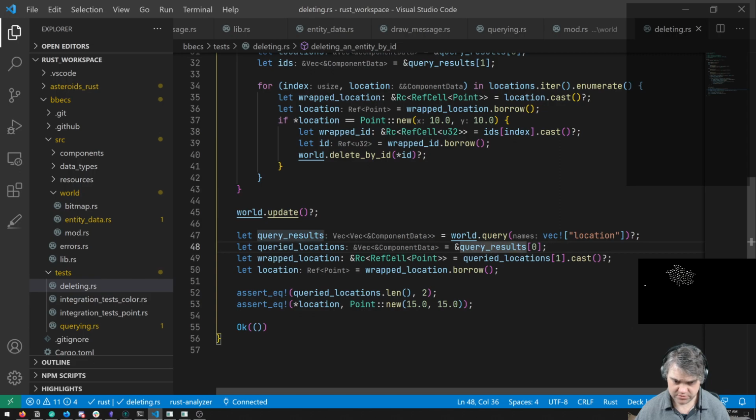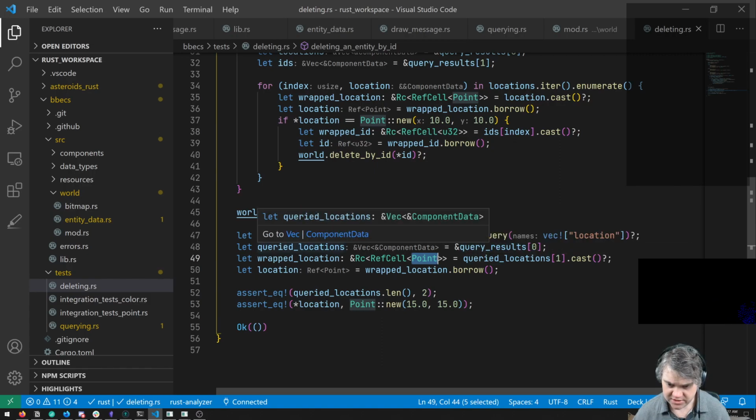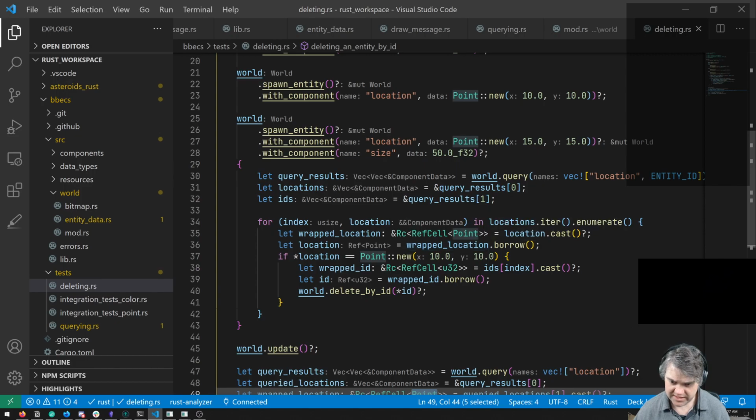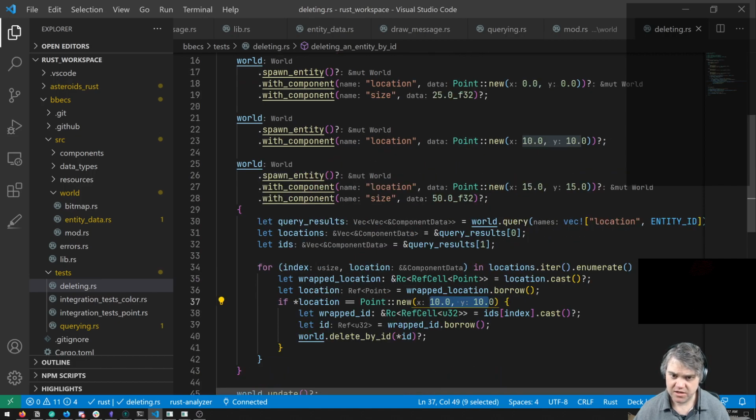Okay, so we query for locations. Then we get these have points. So we get a vector of that, and we have three of these worlds in here, and we're getting the one that's 10, 10, which is the middle one.